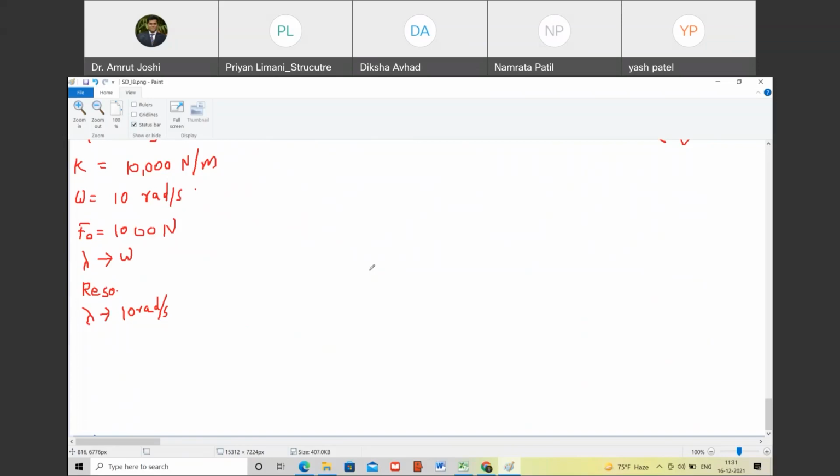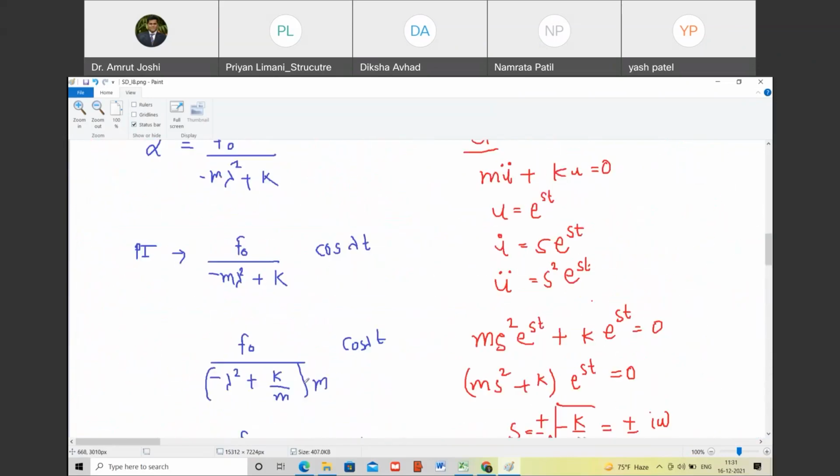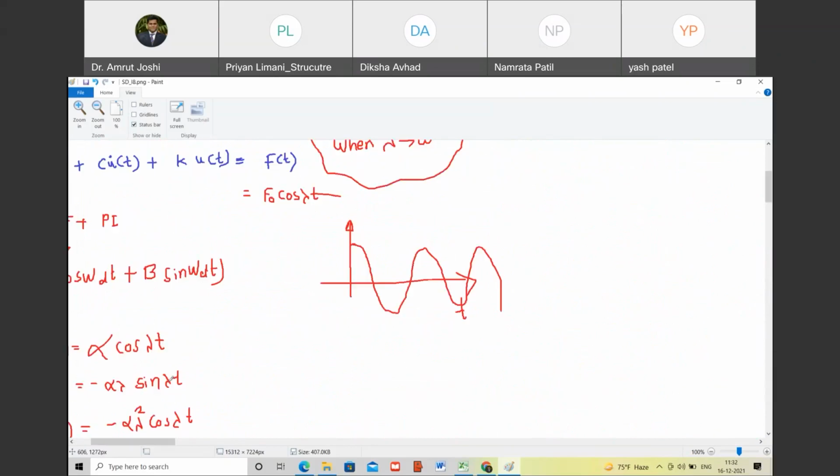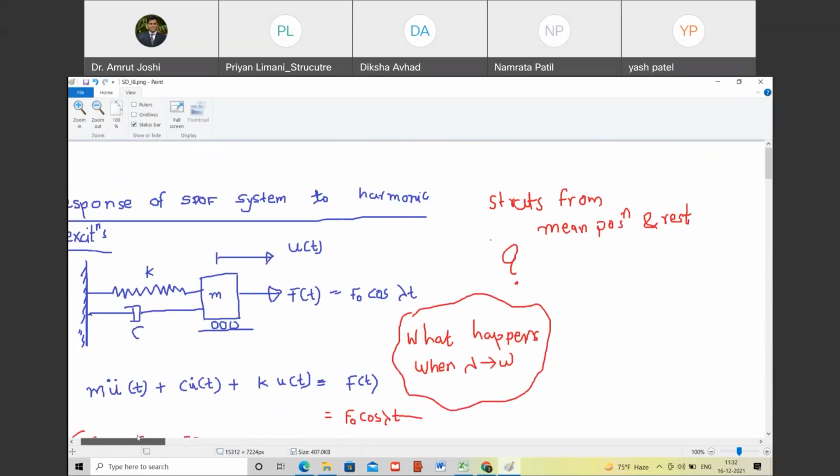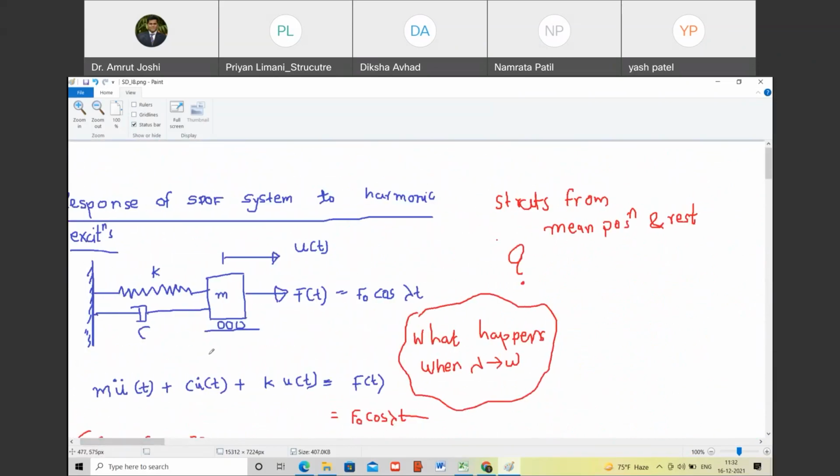Are you with me? तो ये हम next class में तीन चीजें करेंगे, and then we will conclude the discussion of the single degree of freedom system, and we will start with the multi degree of freedom system. The very next class to next. That's the flow. So now what are we going to do? We are going to solve this equation. Are you with me? So what is the equation?